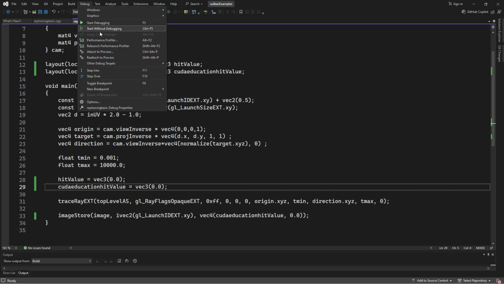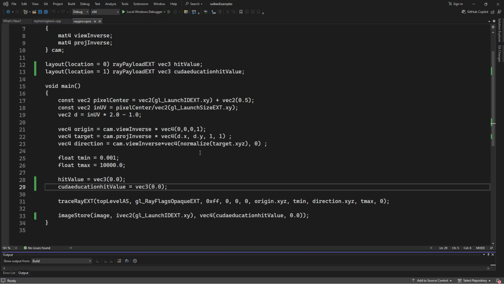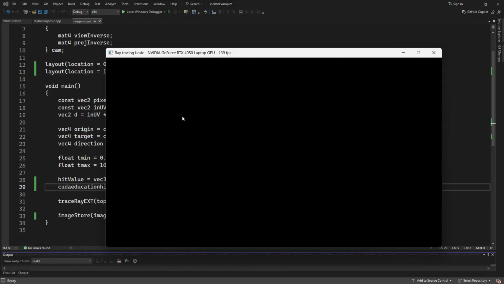All right, so that's done. Okay, so look what we get. We get basically nothing, not even a sky model. I understand why the triangle doesn't show. I don't necessarily have an explanation for why the sky model doesn't show. The sky model is the blue background that's like the default, I guess, the miss shader thing. But the moral of this story is basically that